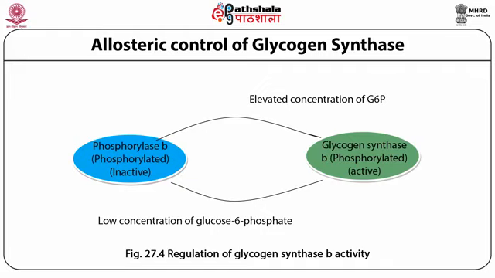ATP and glucose 6-phosphate concentrations are high during the resting stage. This condition inhibits the activity of phosphorylase B, whereas glycogen synthase is activated to restore the glycogen. Glucose 6-phosphate does not affect glycogen synthase A. Therefore, the glycogen synthase A form is active and is not affected by the concentration of glucose 6-phosphate.